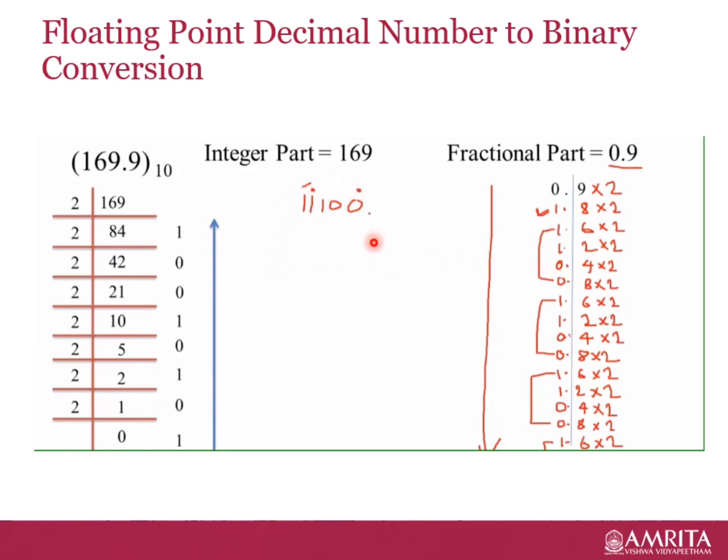And finally, for the entire floating point number 169.9, the corresponding binary is the binary of the integer part, dot, the binary of the fractional part.